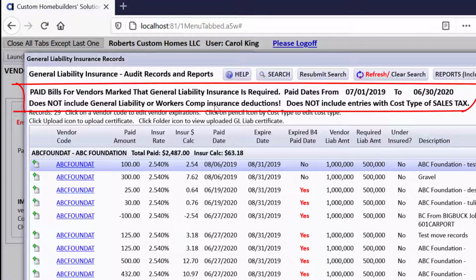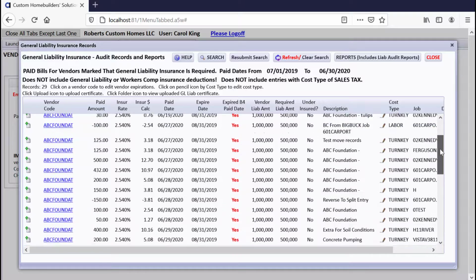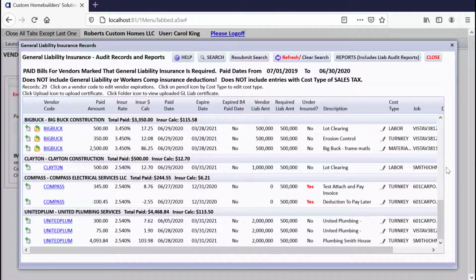Also, this list of bills does not include entries that have the cost type of sales tax, so that you're not ending up paying insurance on the sales tax portion of some bills that you got. So this is a list of bills paid for each vendor, grouped by vendor, and is showing you all sorts of things